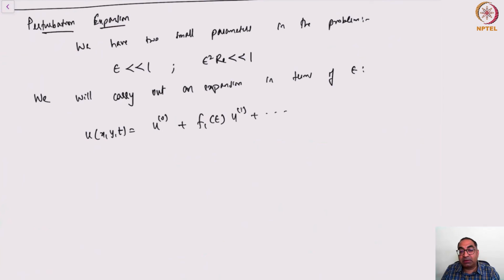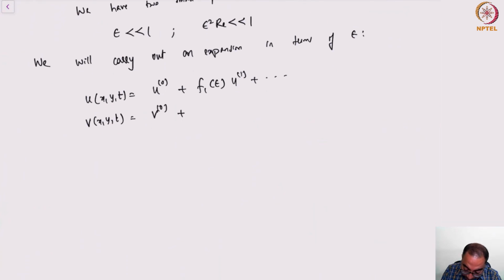So f1 is some arbitrary gauge function of epsilon, and we know it's much smaller than 1. That's the condition. So similarly, v is v naught plus f2 of epsilon,